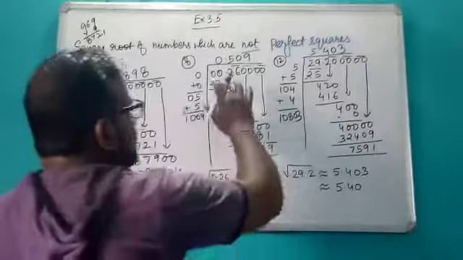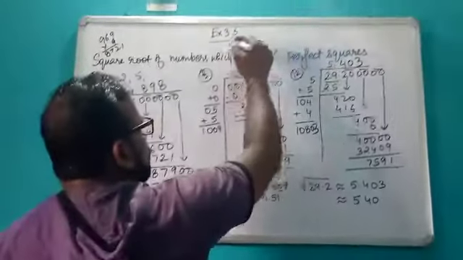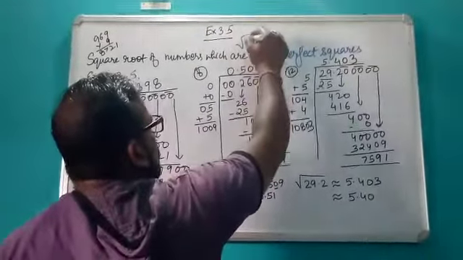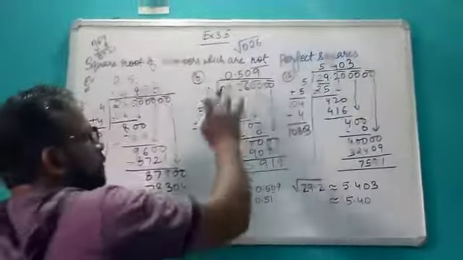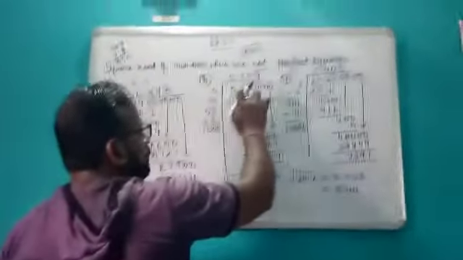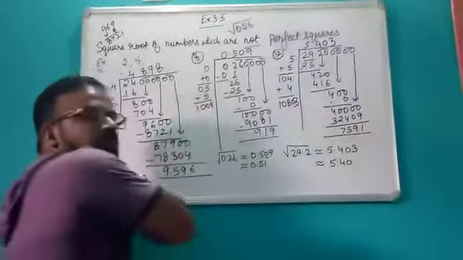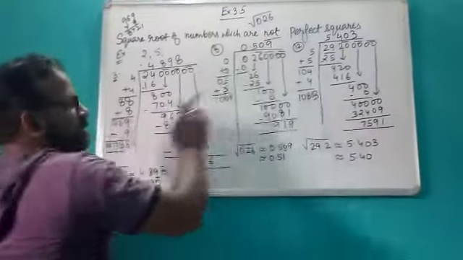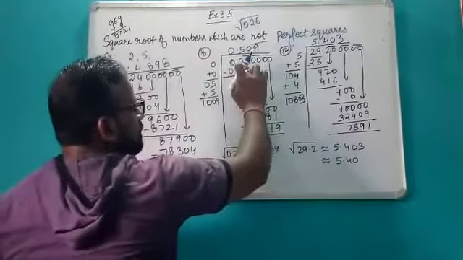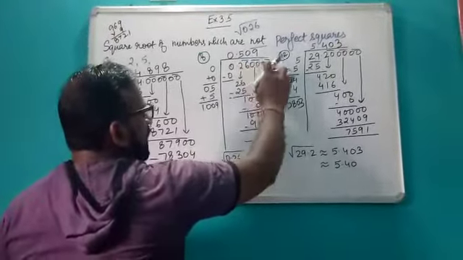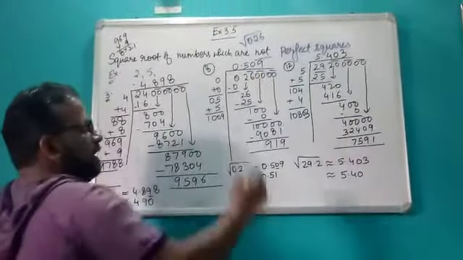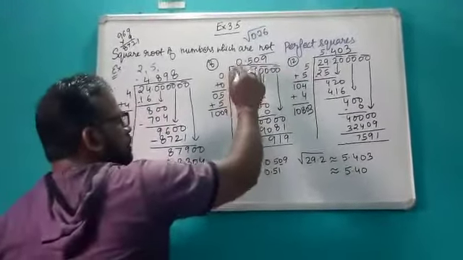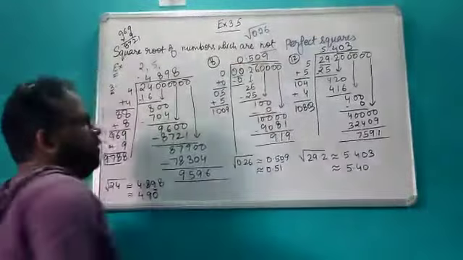Okay, next we will find the square root of the decimal numbers. So suppose I have to find the square root of 0.26. So first I will write 0.26. Then how many places we need? We need 2 decimal places. So 6 numbers should be there. 6 digits. 1, 2, 3, 4. I have added 4 zeros. Then I will write one more 0 here. So I will get one pair here also.